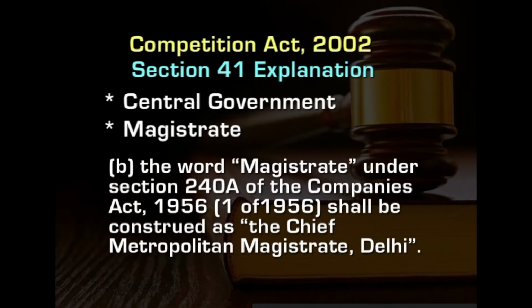Similarly, under subsection B of the explanation, the word magistrate under section 240A of the Companies Act shall be construed as the Chief Metropolitan Magistrate, Delhi. Generally, we come across a Chief Metropolitan Magistrate or a magistrate more from the perspective where criminal proceedings are initiated, because a magistrate presides over a proceeding which deals with criminal cases. So, for the purpose of clarity and understanding, the term magistrate, which is used under section 240A of the Companies Act, is being shown as Chief Metropolitan Magistrate at Delhi for the purpose of giving effect to the objectives